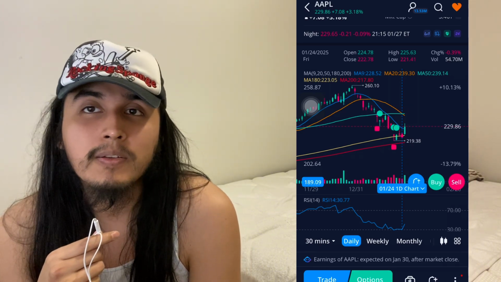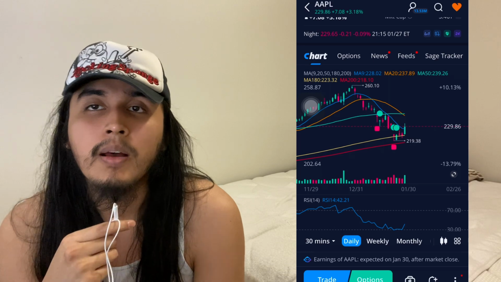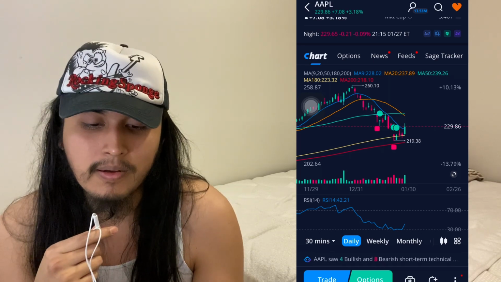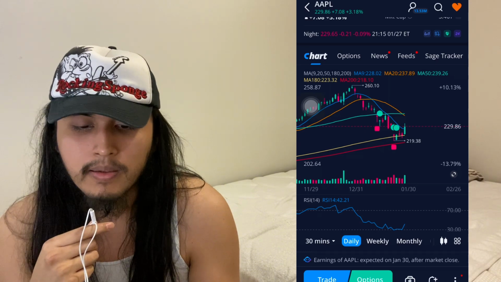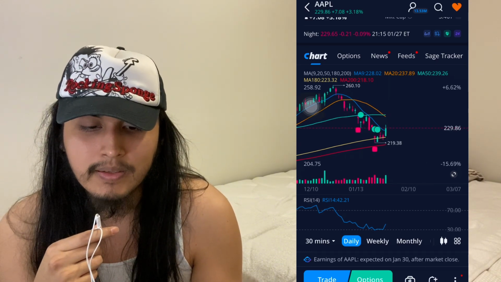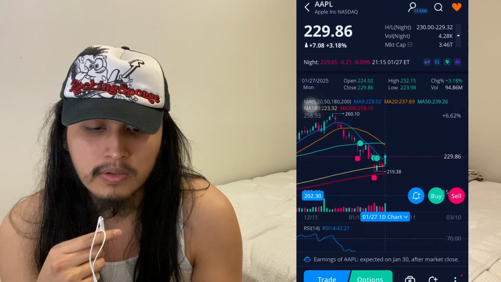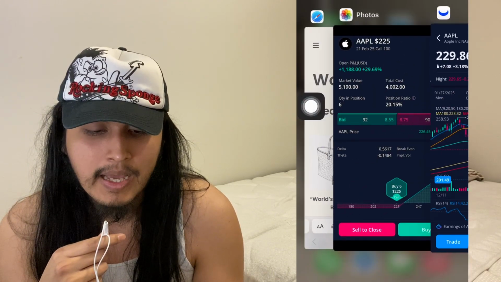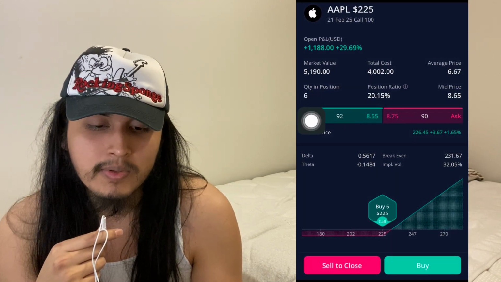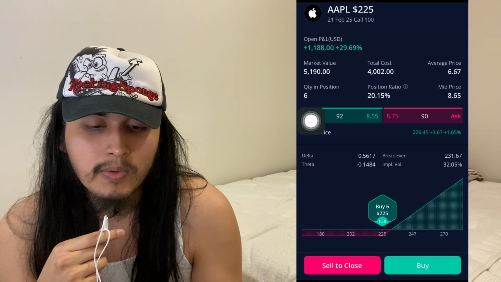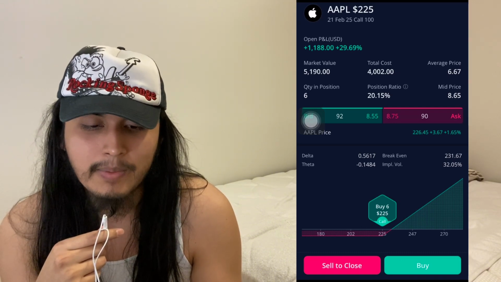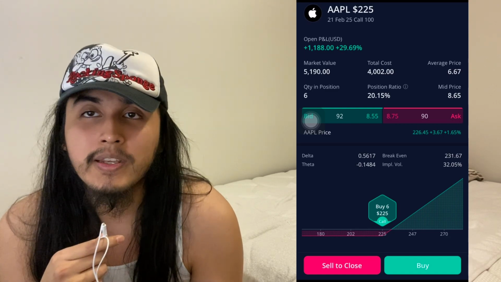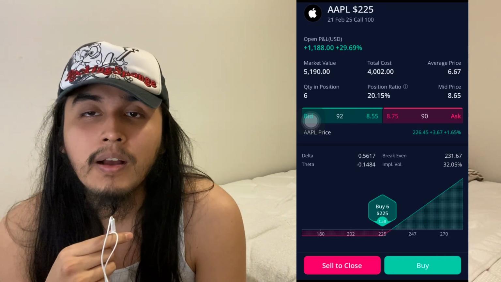So basically the goal was to just load up on call options when Apple landed on the 180-day moving average. And today, Apple had a huge move to the upside. They had a 3% move today. And when that happened, my position was in the green. So when I sold out the position, I made a gain of $1,188 just trading, or really swing trading,